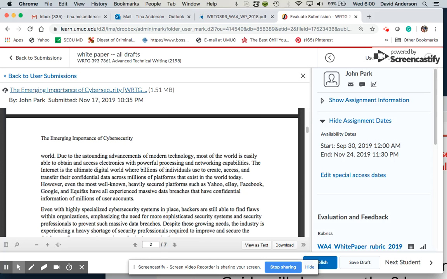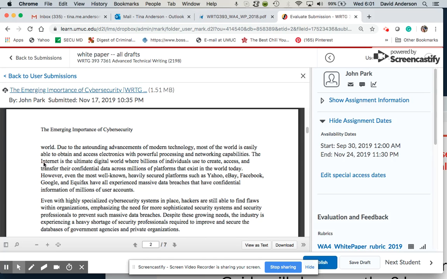Obtain, access, easy. Your verbiage, the words you're choosing, are frequently redundant. Perhaps better to say, advancements allow for powerful processing and networking capabilities, period.